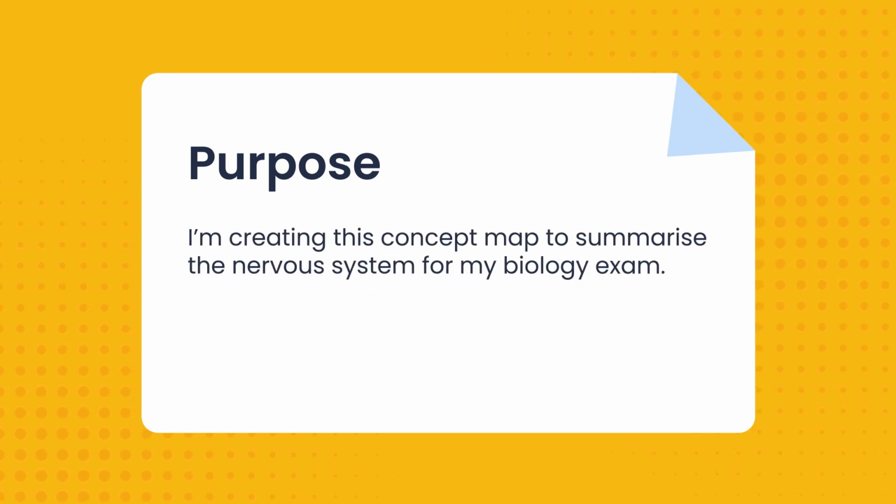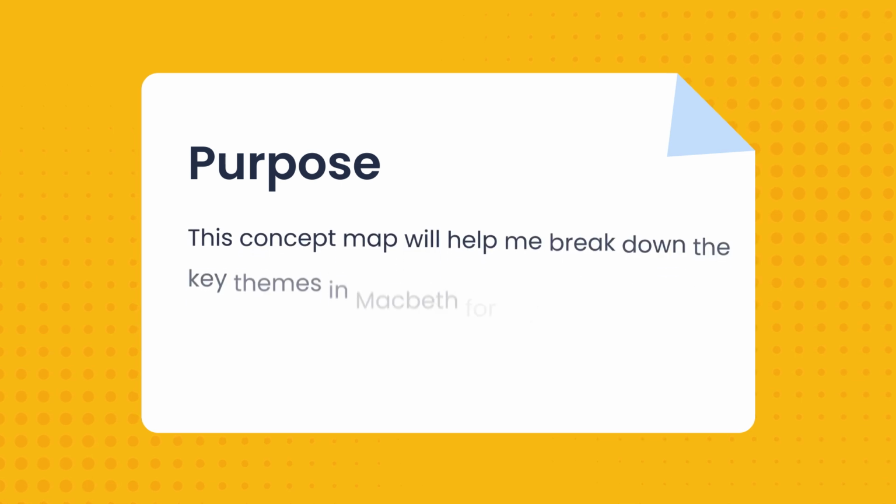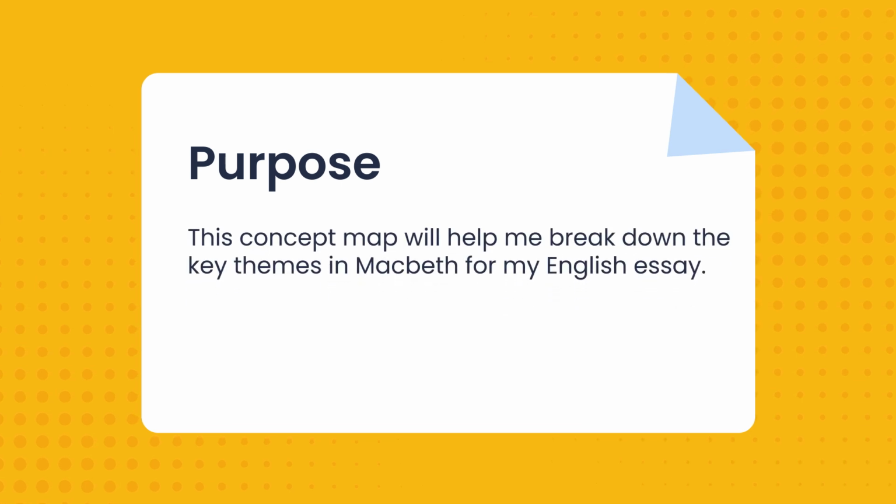To make this step practical, write down a 1-sentence purpose before you start. For example, you might say, I'm creating this concept map to summarize the nervous system for my biology exam. Or, this concept map will help me break down the key themes in Macbeth for my English essay. Having this purpose in mind will help guide what information you need to include and how you need to organize it. When you define why you're making a concept map, you actually engage with the material instead of just copying